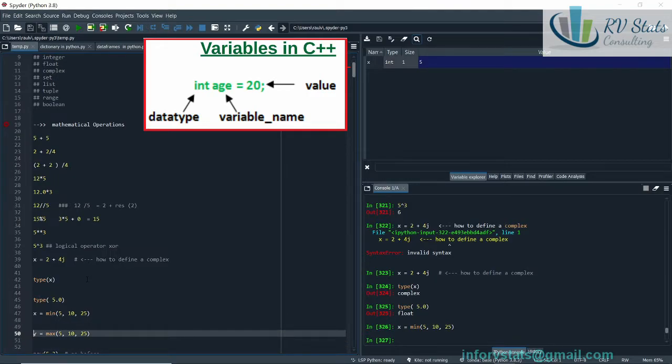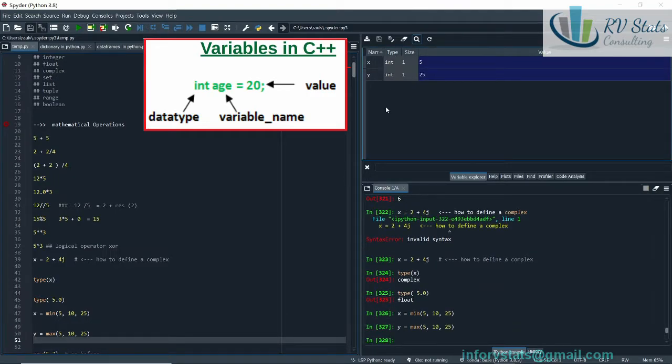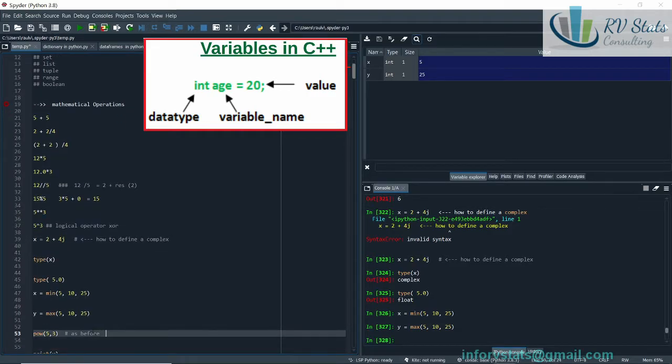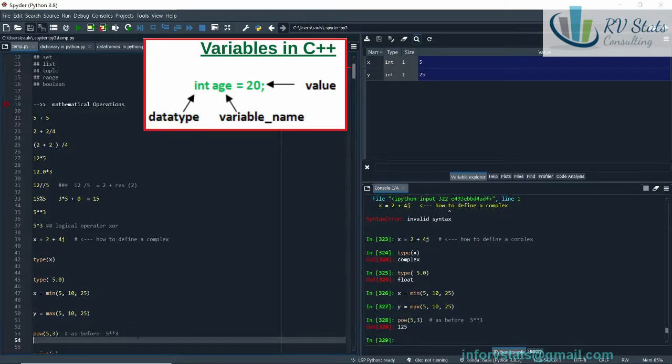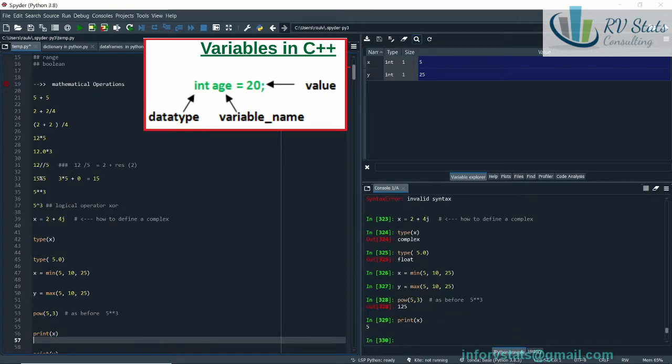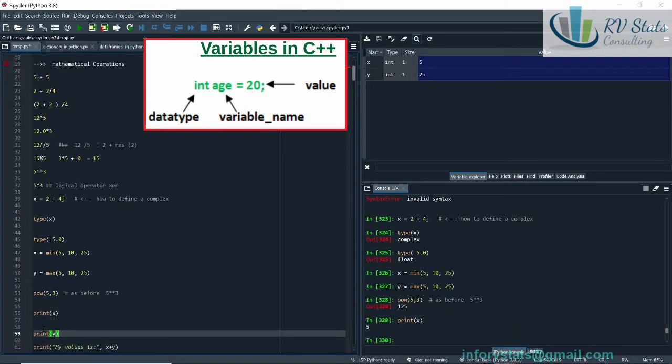Why? The maximum, you see, is an integer too, and as we saw before with the operation 5 to the power 3, the function pow can be used for the same purpose. Print, of course, print x, and we can see here in the Python console the result of x. Print y,